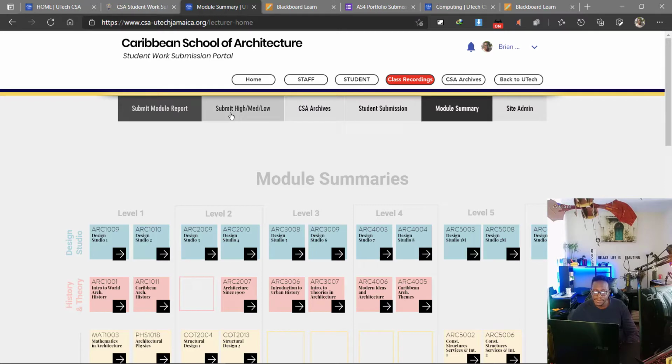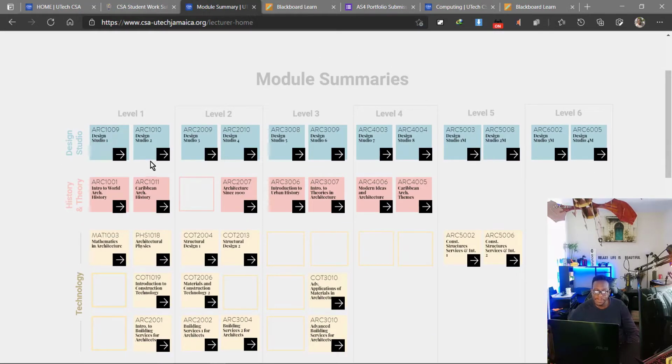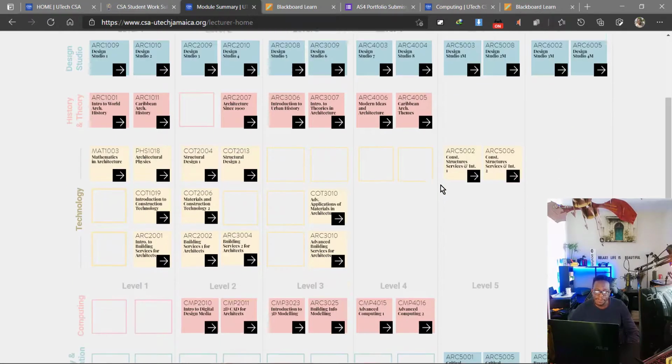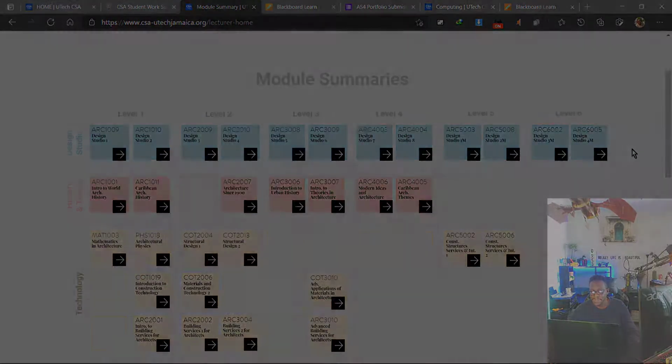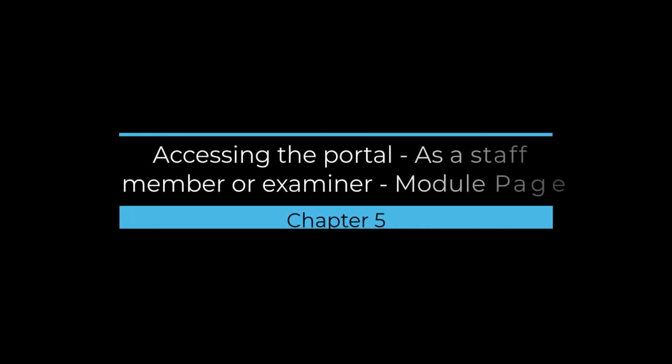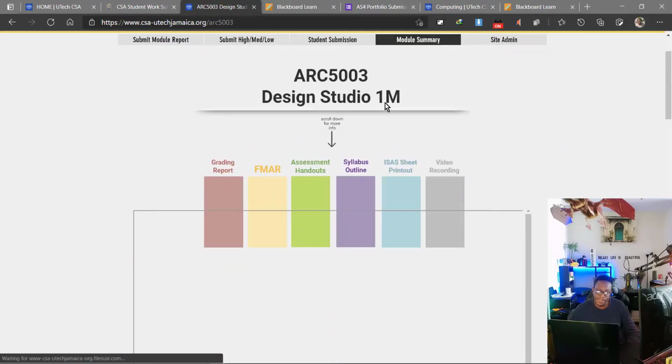Now you will notice some additional menus at the top, and more importantly, you will notice that there's a module summary representation here. It's interactive, so for example, if you want to view the submissions for a particular module, let's say for example MArch 1, which is Masters Year 1, I would click that, and then it would take me to the module